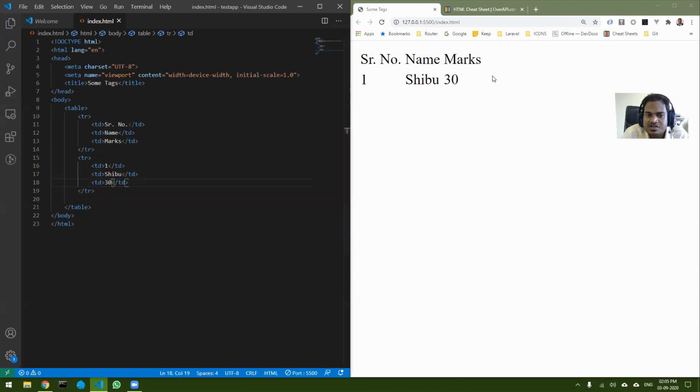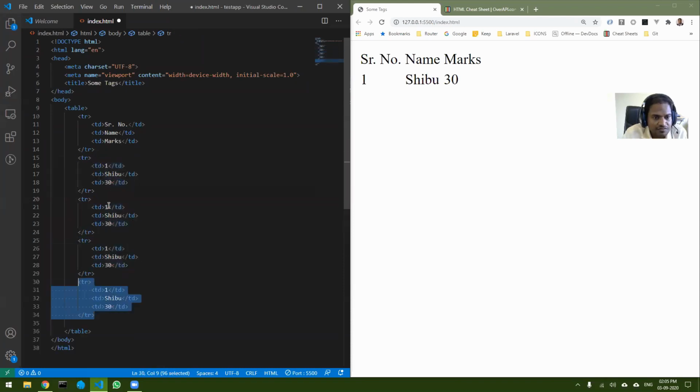You can see the next row has come. Now I can duplicate the same thing a few more times. Let me put this as 2, this as 3, this as 4, and take some names from the participant list: Anushka, Faisal, and Kaif.